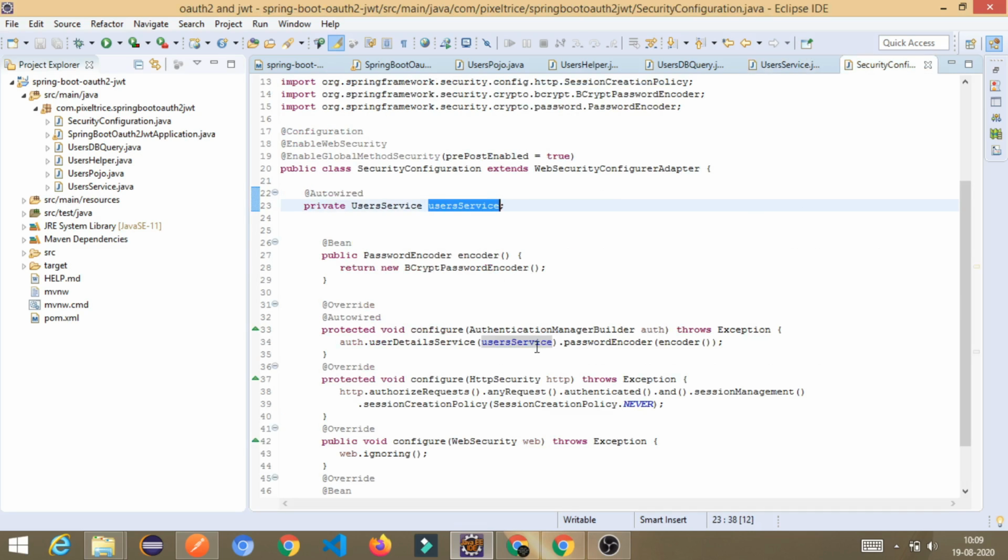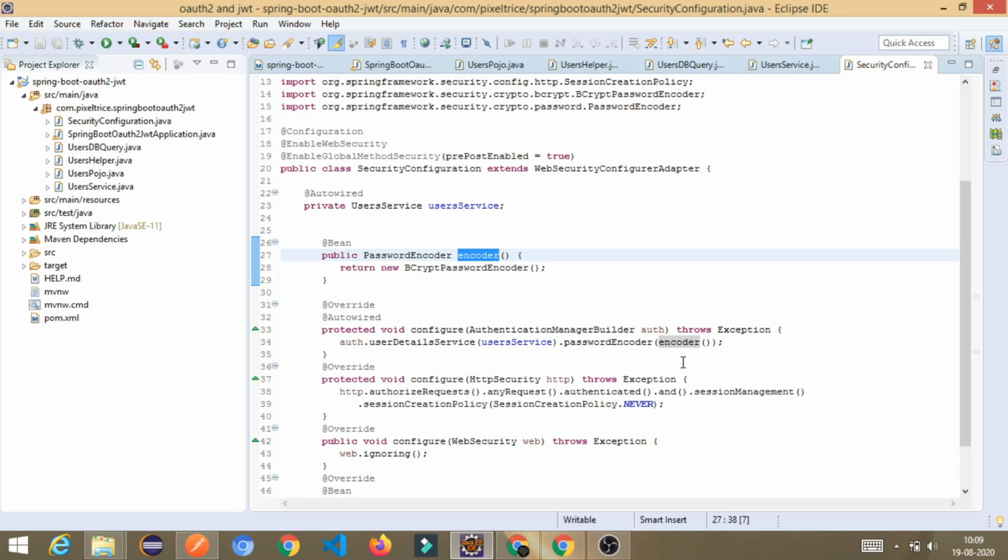So that user service object will be passed here, and here I am calling the passwordEncoder method, where I am passing the encoder calling statement. This encoder will call this method, and it will return the BCryptPasswordEncoder object. Passwords can be of many types.